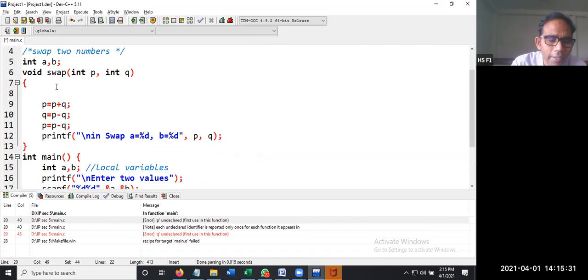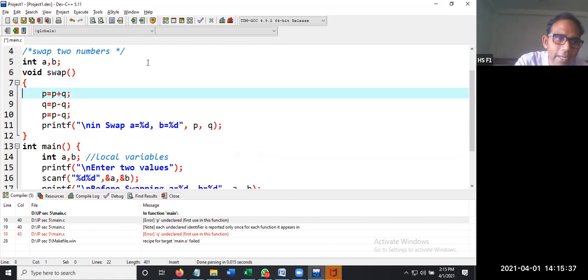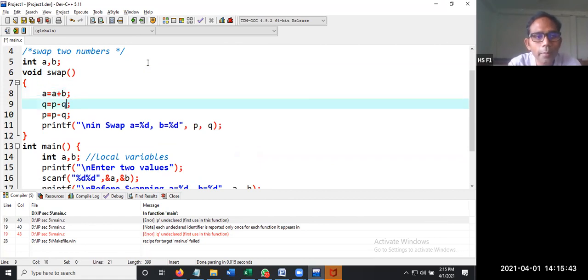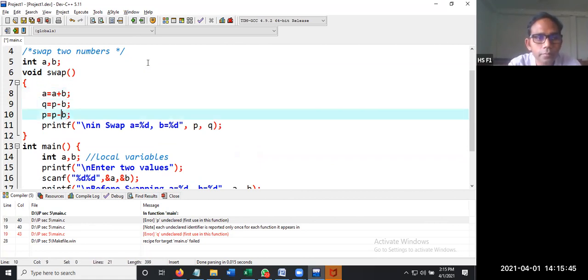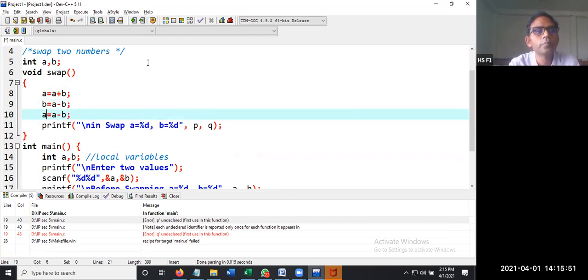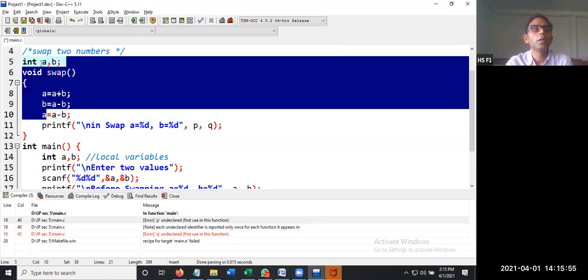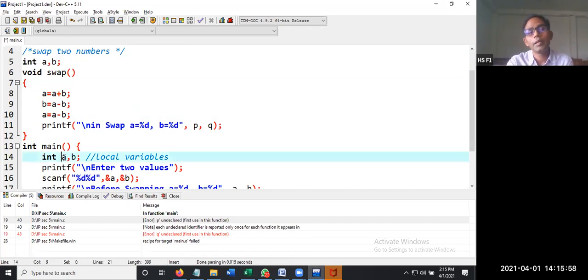Is that clear? Now, here I don't get any inputs, so nothing inside. We said that A and B are accessible throughout the program because they are global variables. Change the code to A and B. Now see, here we have integer A comma B as global variables, and here integer A comma B as local variables.